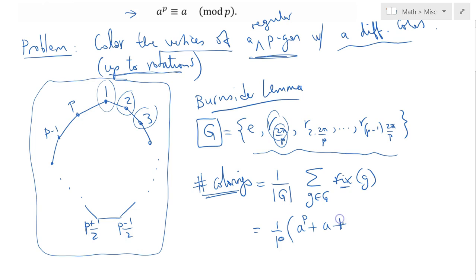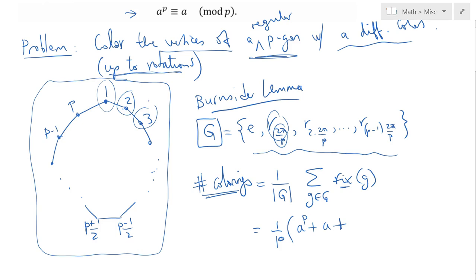Plus, now we need to rotate by an angle of 2 times 2 pi over P, meaning that 1 will go to 3, 3 will go to 5, and so on. Eventually you will come to P, and then P will go to 2, 4, and so on, and then P minus 1, and eventually we will go back to 1, right? So in total,